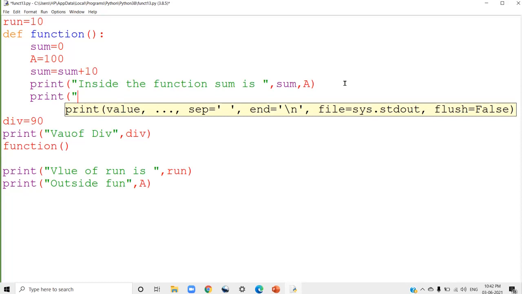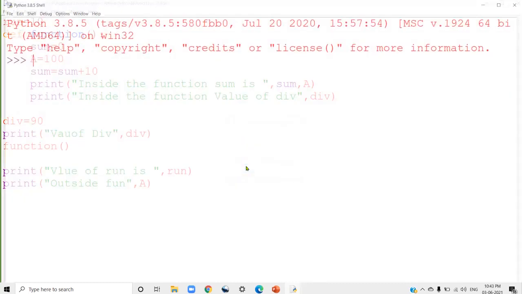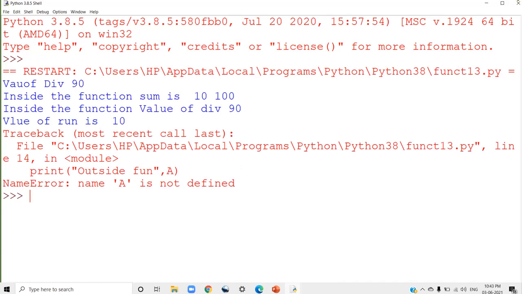Print inside the function, value of div. Say, we can say value of div here. Just run the program. Is it possible to use the value of global variable inside the local scope? Yes, it is possible.